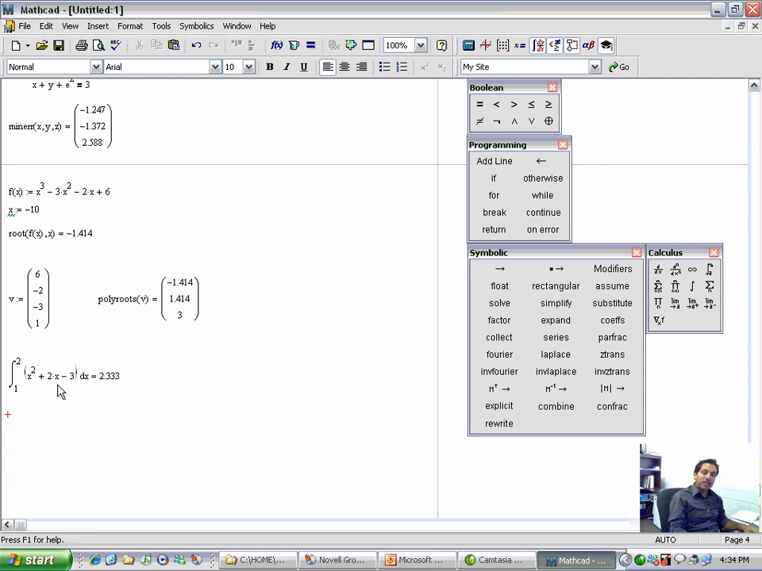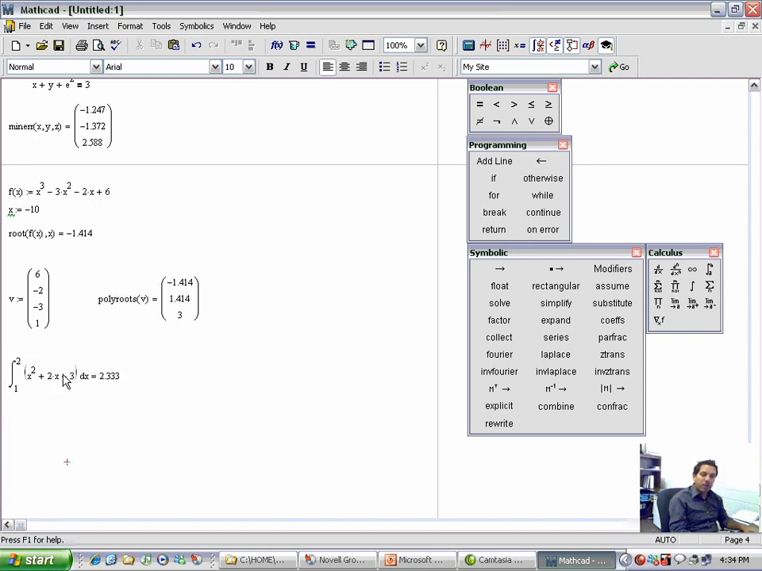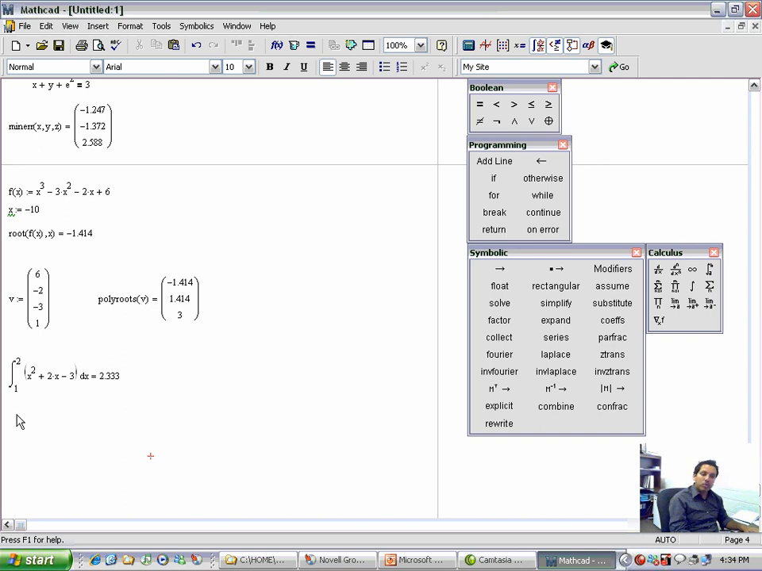What MathCAD did was use certain numerical techniques, either trapezoidal summation or Romberg integration or Gaussian integration. Depending, you can actually select the type of integration that you want. And notice that if you right-click, you can actually do Romberg, adaptive, infinite limit, or singular endpoint type of integration to get to the answer. Now, the most impressive thing is the ability of MathCAD of giving you a solution for an integral that doesn't